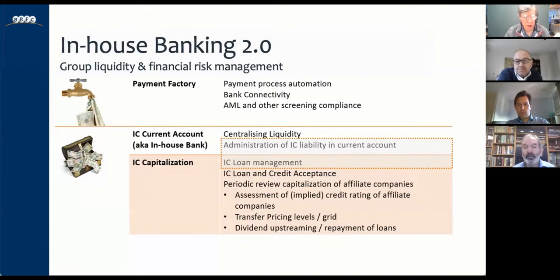Mike, is this new, this intercompany capitalization? Surely you're doing it already. Well, in some respects, I think that you would look at the longer term financing of an entity, and where it makes more sense to have some kind of capital injection as opposed to intercompany lending, you would make those decisions. Capitalizing entities isn't something that people would just do lightly, because that's quite a life-changing business aspect of the market. You would look to capitalization as probably a last resort.